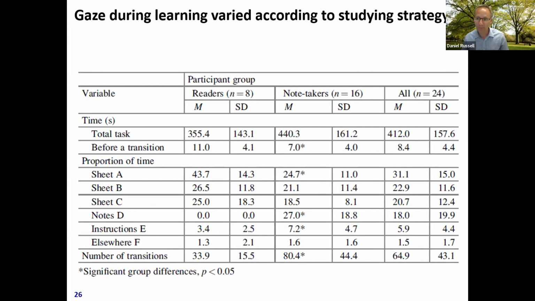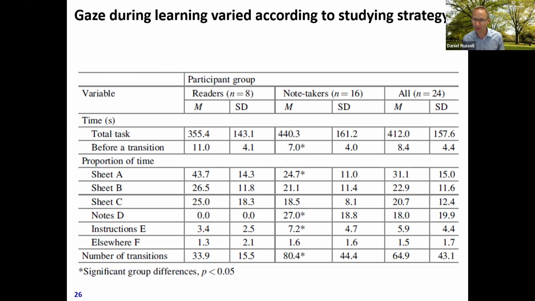Right? So if you think about what could be happening here, people could be looking at sheet A all the way through. They could then switch to sheet B and then sheet C and be done. Or there could be some sequencing here. These people could be nice and deterministic, and they might go A, B, all the way through, and then B, C, all the way through, something like that. They could be nice and simple. So we wanted to see how we can detect any structure in there.